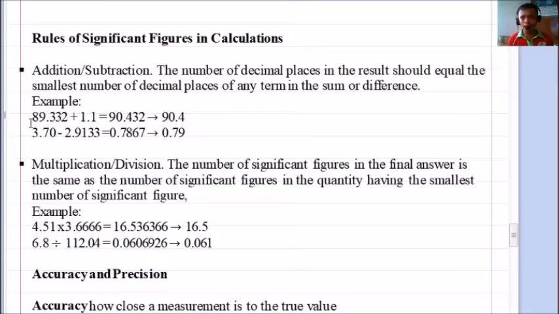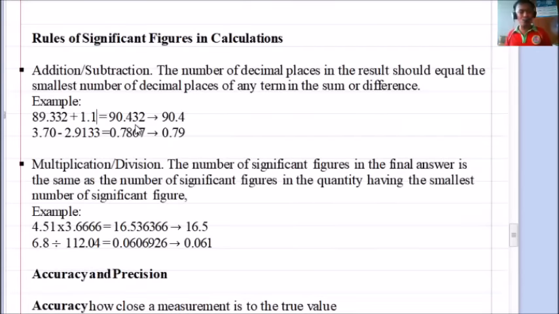So, yung unang 3 ng 89.332 ay naka-align dun sa 1, kasi malapit sila dun sa decimal point. Pag pinag-add natin yung dalawang yan, you will get 90.432,